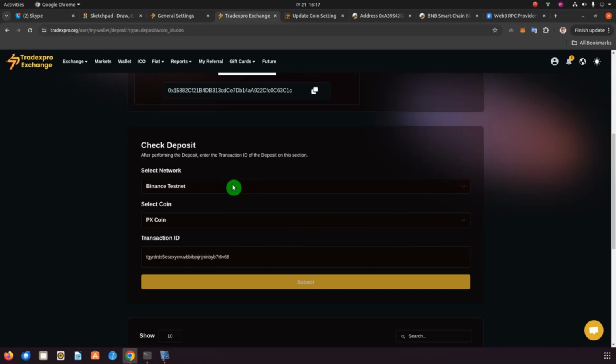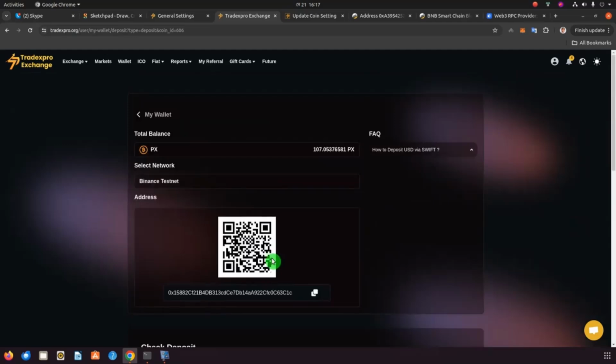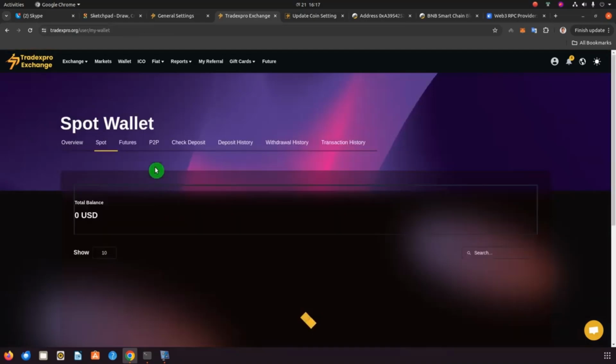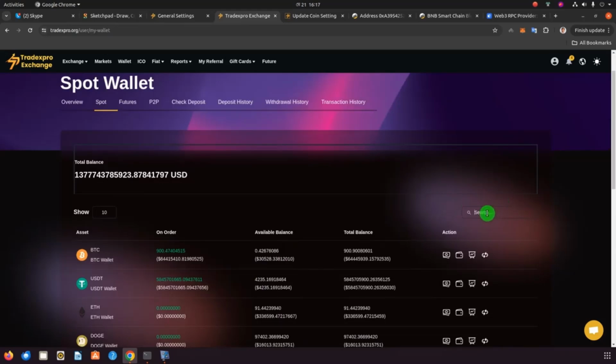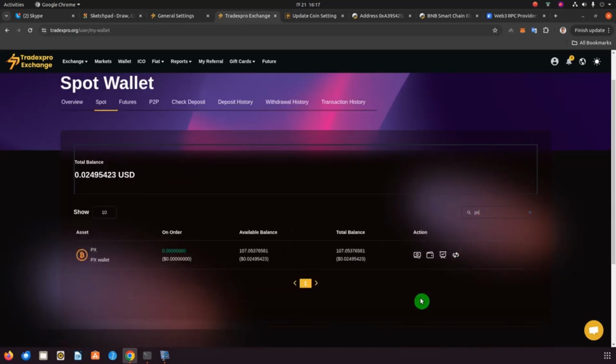and that deposit will work instantly, which means that after performing this check deposit, after entering all the details in these fields and clicking submit, if that user has deposited, maybe 100 PX, he'll be able to see that 100 PX as soon as he comes to this wallet screen. As soon as he goes to this wallet screen, he'll be able to see the total amount